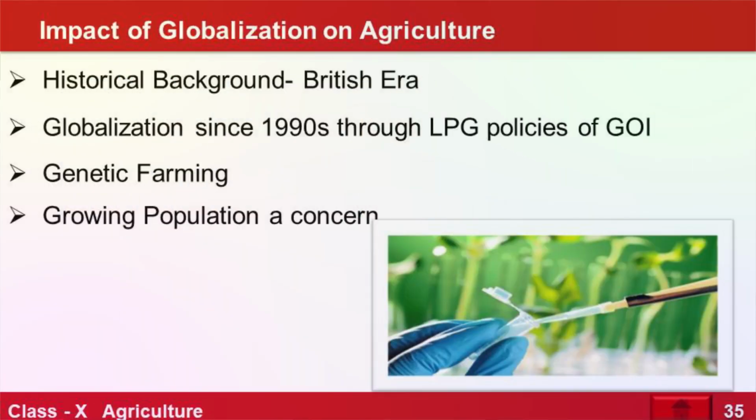Next we have impact of globalization on agriculture. Again, we did globalization in economics last chapter. So impact of globalization on agriculture. So our history, British colonial period is again mentioned here. At that time we were in a very bad position. We were exploited like anything. We were made paupers. We were so rich, our farmers were so rich, that is why India was called a golden bird. But we were made pauper because of Britishers' policies of that globalization.